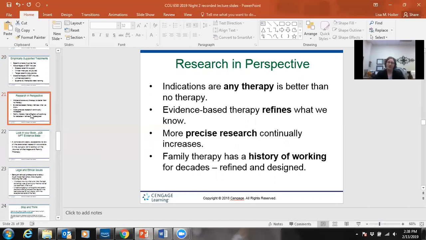So just an overall perspective then is any therapy is better than no therapy. That therapy for evidence-based just kind of refines what we know. Another word maybe would be validate what we know works. There's been more trials and research on